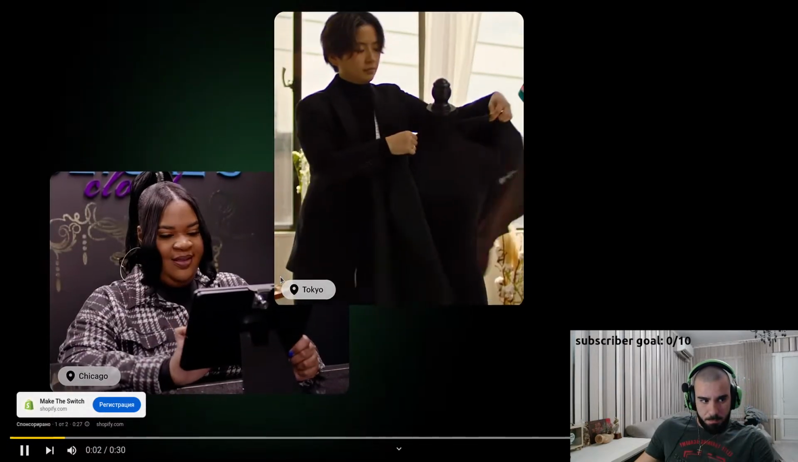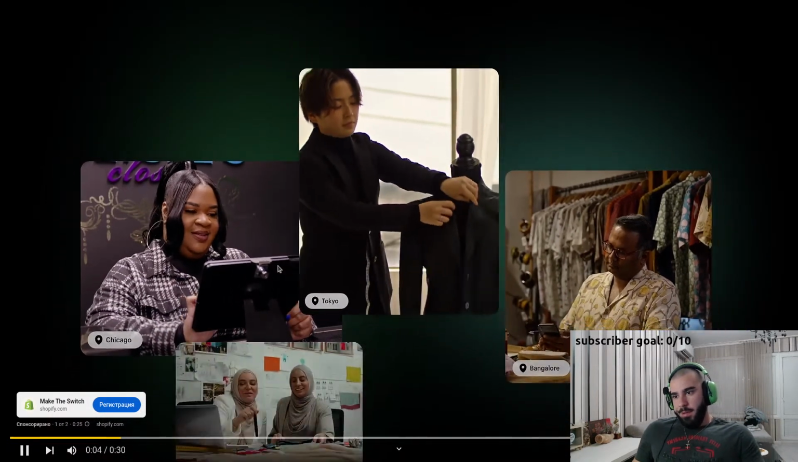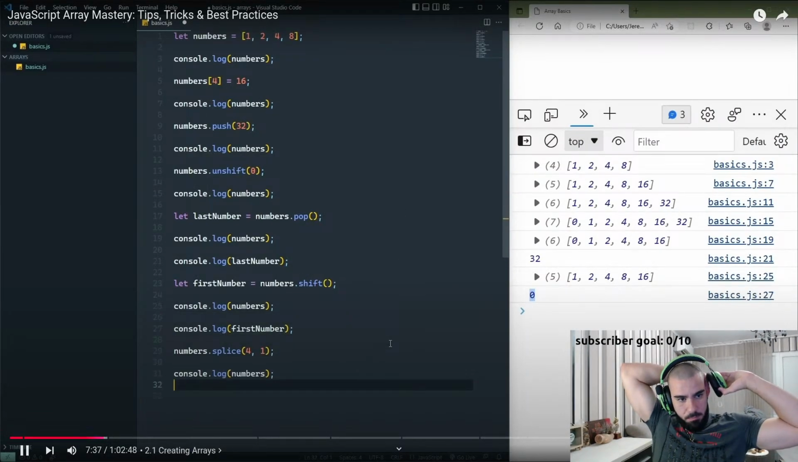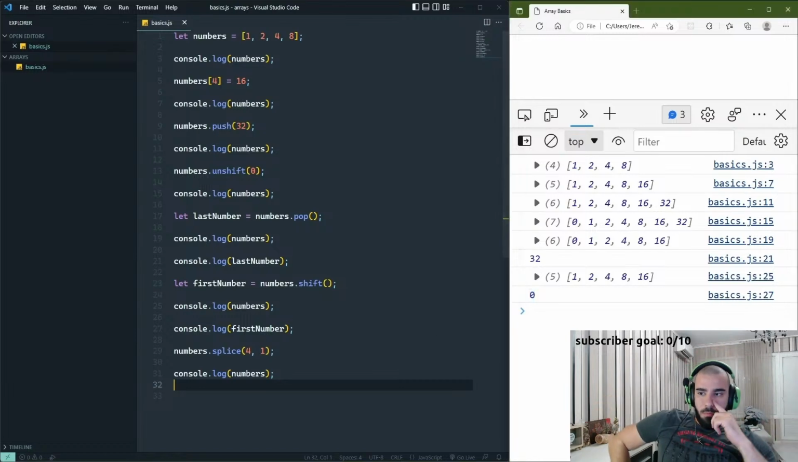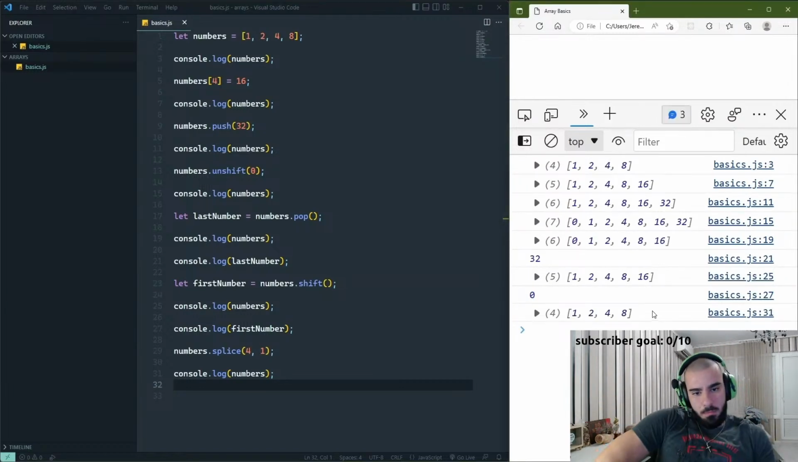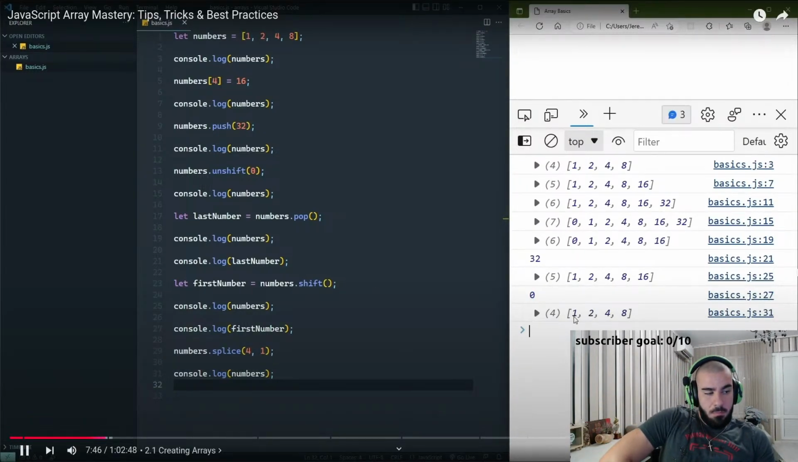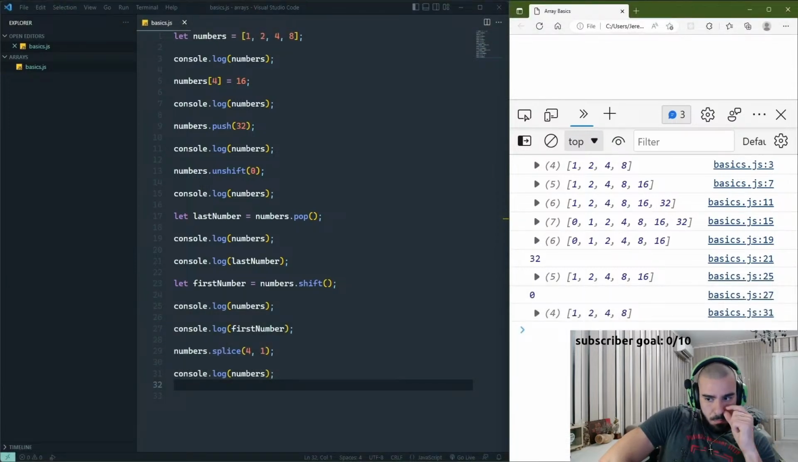Meet Kiana, Shiori, and Karthik, just a few merchants from around the globe who have switched to... Well, after we call splice, we can write out our numbers array to the console, and then finally we will be back to our original version where we have 4 elements, 1, 2, 4, and 8. Well, in the next lesson we will take a look at some of the basic loops so that we can